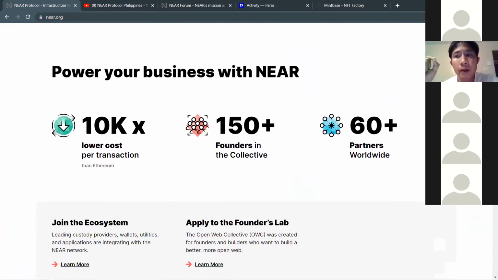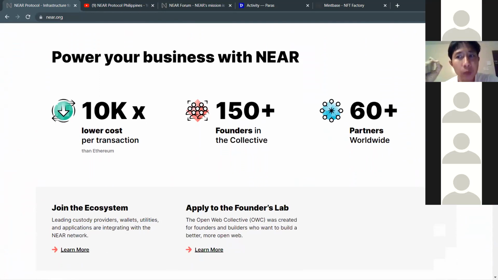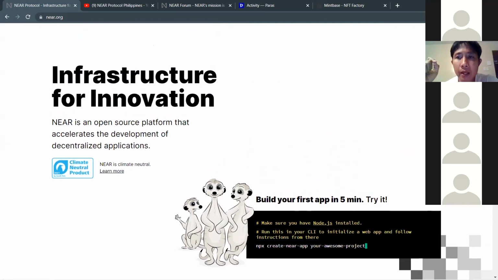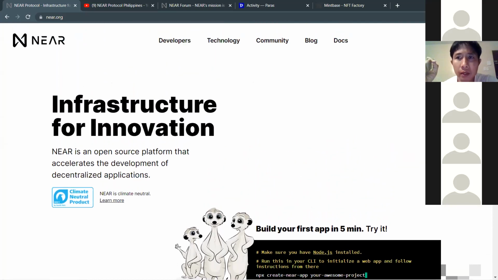So we are near Protocol Philippines. Near Protocol is a network. It's pretty much like Ethereum and the Bitcoin network, pero it's a more advanced na technology, because it doesn't mean na nauna yung Bitcoin or Ethereum, it doesn't mean na sila na yung cutting edge. Of course, they're the most popular, right? And I'm not putting them down. In fact,